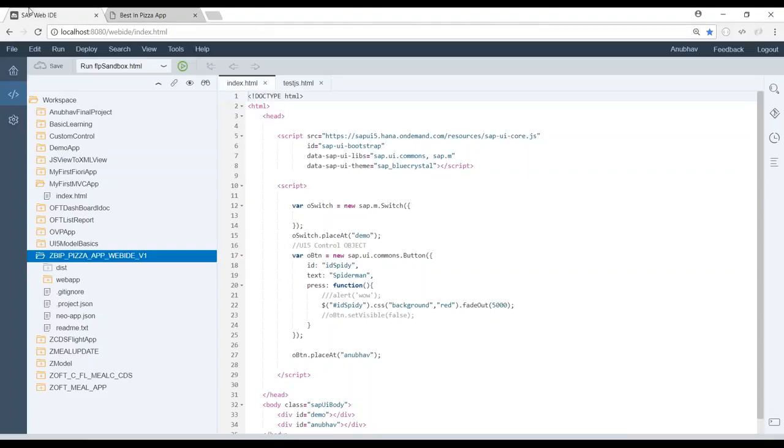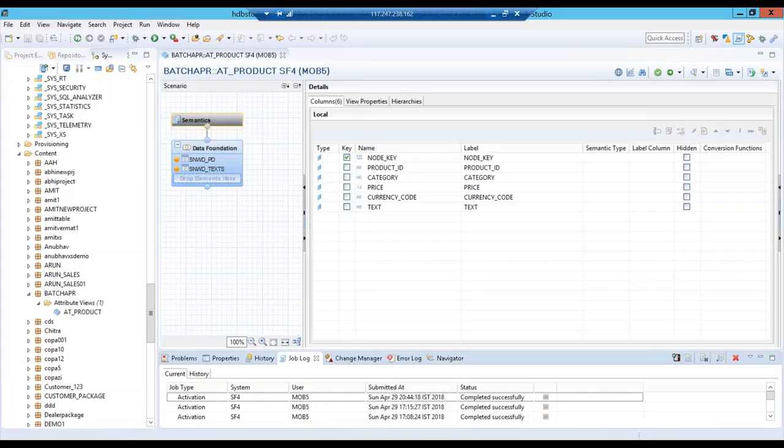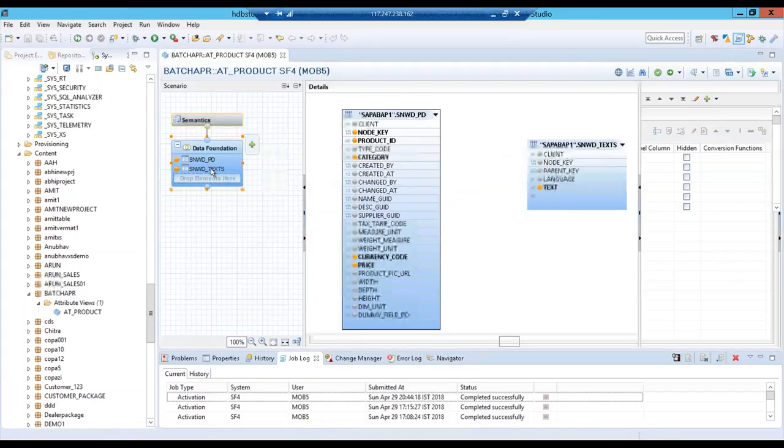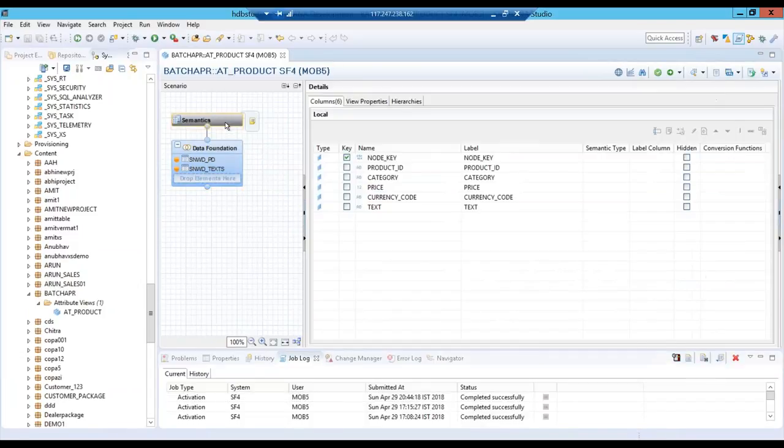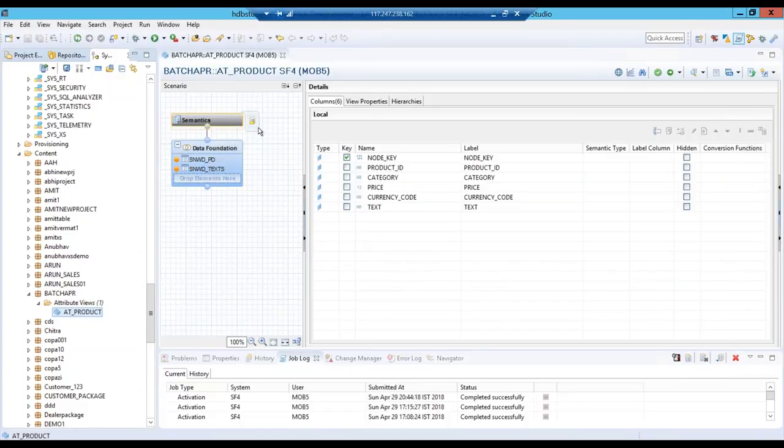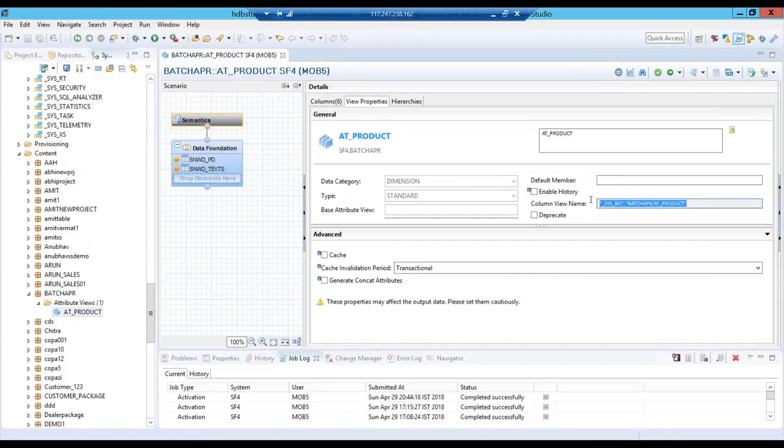Okay, now let's move on and come back here. That's my join, and we created this model. Seems to be fine and activated as well. Now see, guys, what did I tell you? When you activate, what happens behind the scenes? Anyone? A SQL view gets created. Perfect answer. So let's go to Semantics, go to View Properties, and you see there's a SQL view we got created